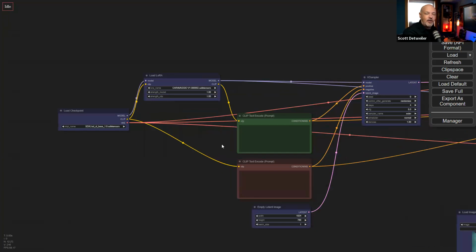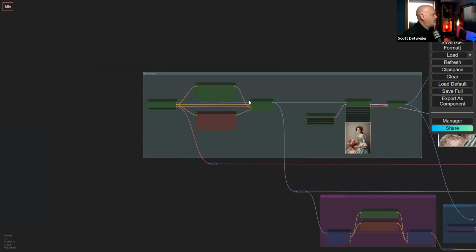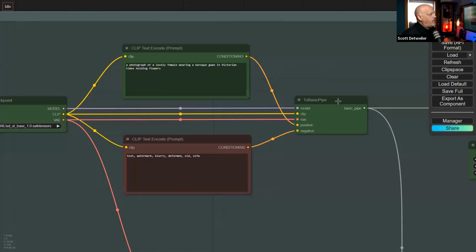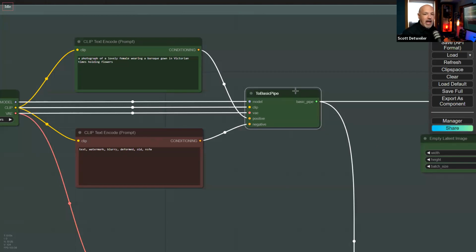But a lot of this, the graph, is basically experimentation. It's taking an idea or a concept and then working with it to see what you can get in the graph. So if we go back and look at this one again, you can see I'm using a couple of, again, really interesting nodes here. One's called a 2-pipe node. This is from the Impact Pack.